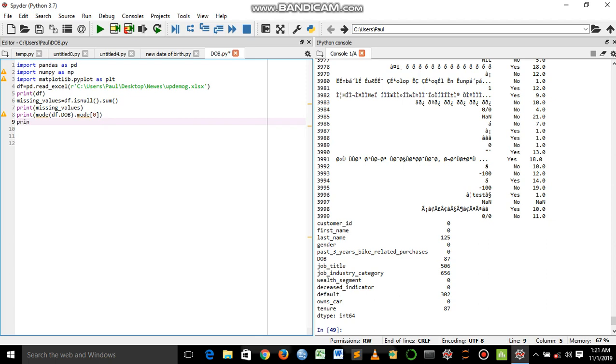So we're going to say print, so we open bracket, we're going to copy into this, but first, before we're going to come back here, and we say df into, sorry, let's use the square bracket here. It's not necessary, we can also use df dot, but let's use the square bracket. So let us say dob and dot, so dot fillna, na means null values. So we're gonna fill, what I tell Python is to fill the null values with the mode of the date of birth,